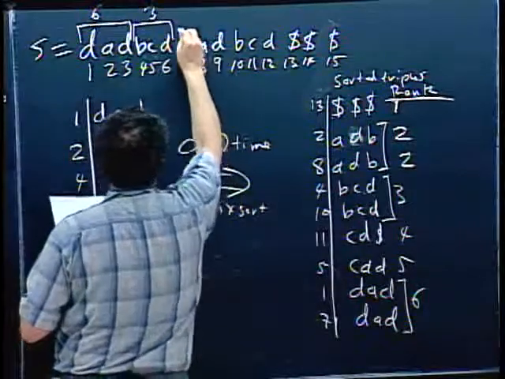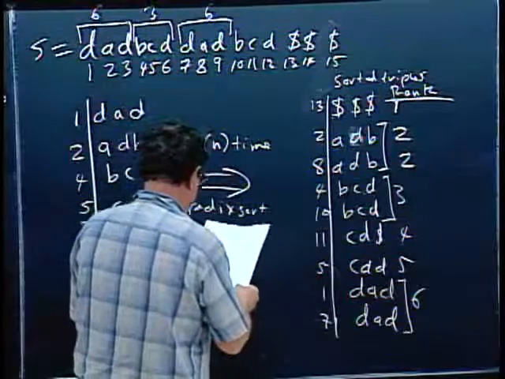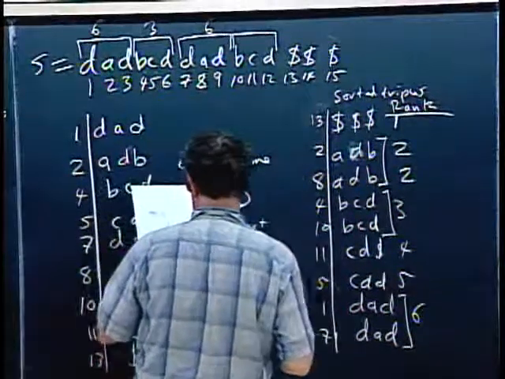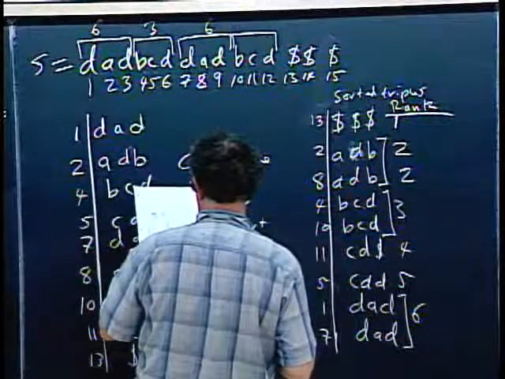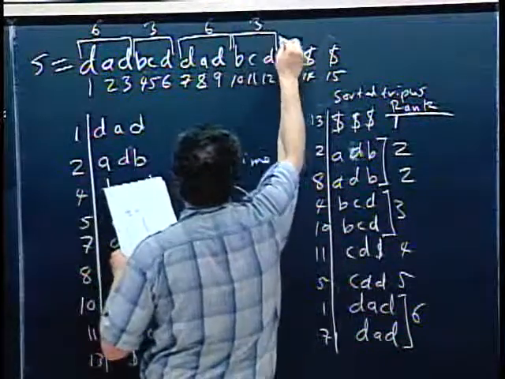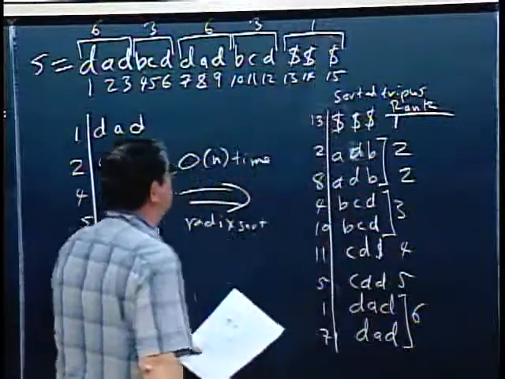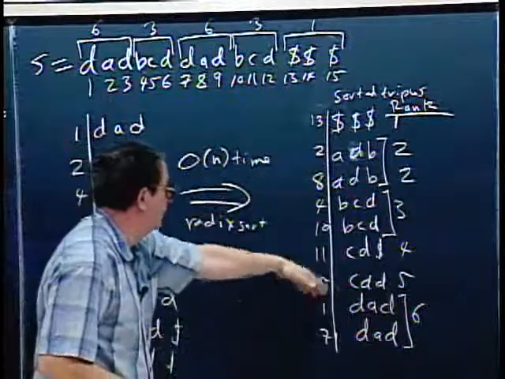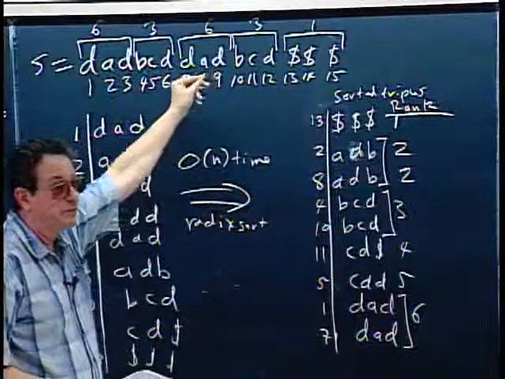And then we have a DAD, which is a rank 6, and a BCD, which was rank 3, and then this one was rank 1. So we're just assigning what the ranks are from here to the individual triples in the string,